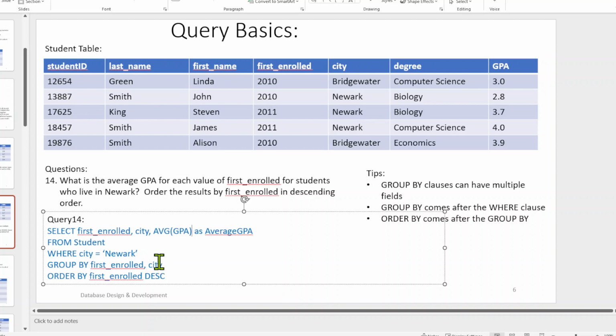And you'll get reminded, if you run it without that, you'll get an error saying the non-aggregate has to be grouped by. And notice we also added a where statement here. So we're looking at first enrolled, city. So we're only going to return Newark. So you're going to get two records again, 2010 and 2011, because you get rid of the Bridgewater, and you're just